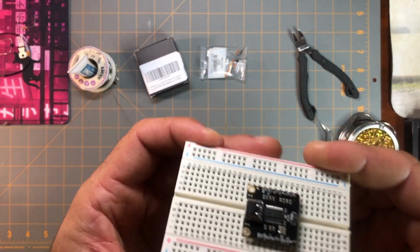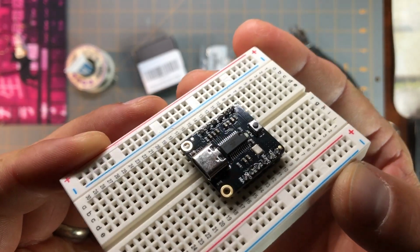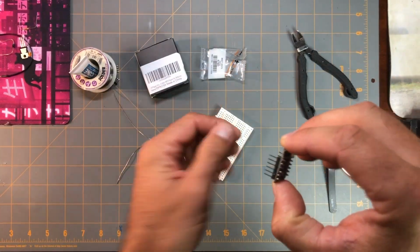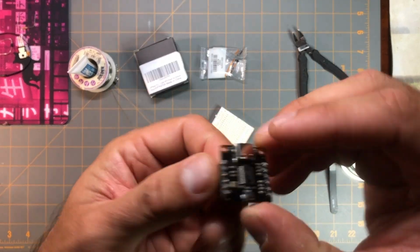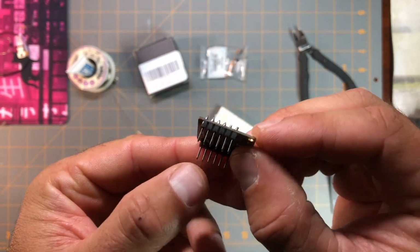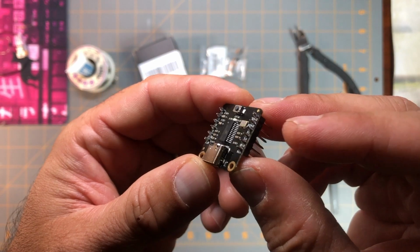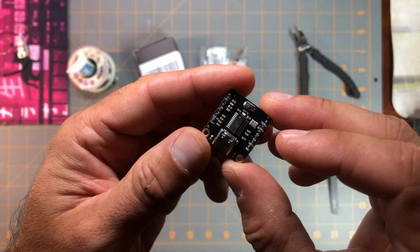Okay, I think that's it. It's not pretty, but it's on there. And having the breadboard keep everything in place makes soldering these header pins way easier and much quicker. I remember when I first started out soldering header pins to these little boards like this,